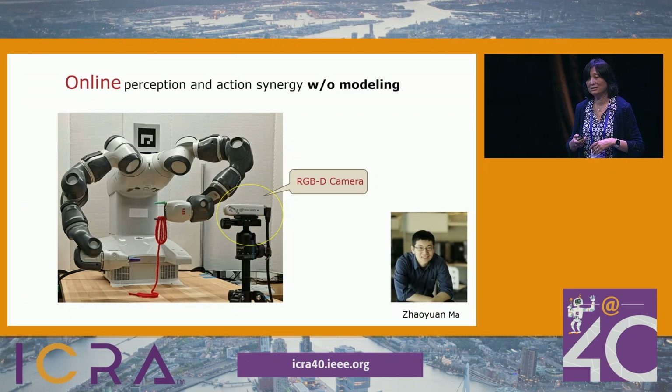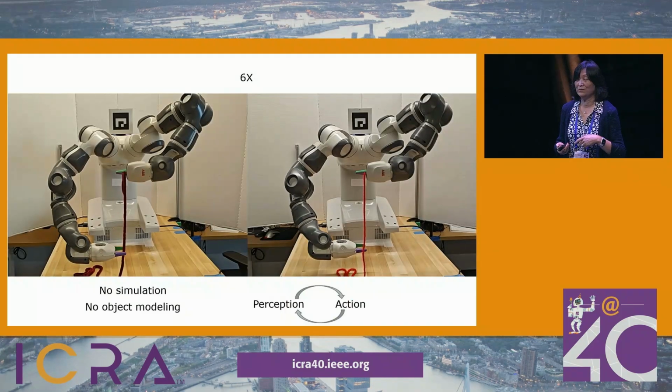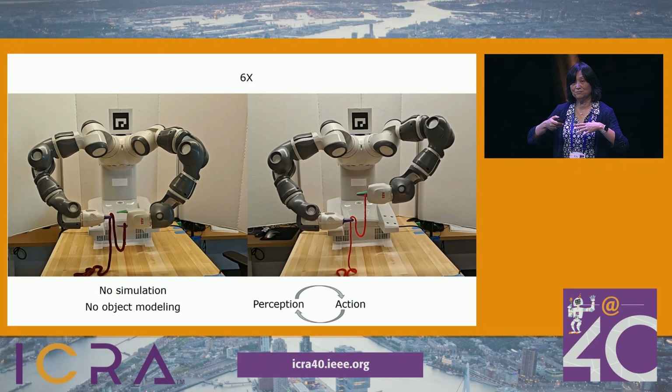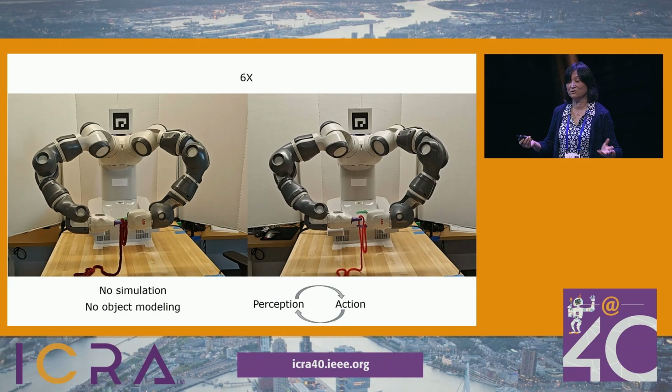So recently, another student of mine considered just using perception and action to do manipulation beyond pick and place, beyond just grasping, without modeling the object. We pick up a rope, a deformable linear object, as an example. We have an RGBD camera, but actually we only use the RGB part. So we have no simulation, no object modeling, and the program can apply to different kinds of ropes and even